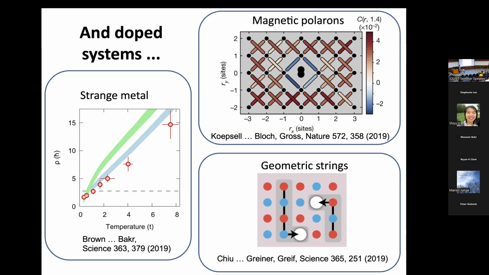Here are more microscopic measurements of similar physics where you can, say, inject a hole into an antiferromagnet and see how it moves around and disturbs the antiferromagnet. People see things like these magnetic polarons, where there's a local disturbance of the spin correlations around a dopant. Here is a more dynamical picture where you can see how the hole moves around in the antiferromagnet but leaves behind the spinon. And so you form this sort of object called the geometric string, which binds the two things together. These are things people had talked about in textbooks for a long time, but had never seen visually like this with a microscope.